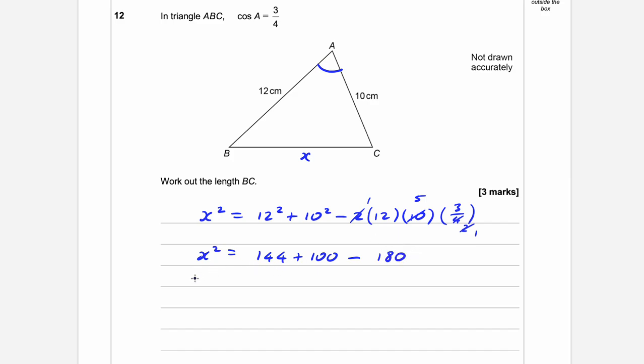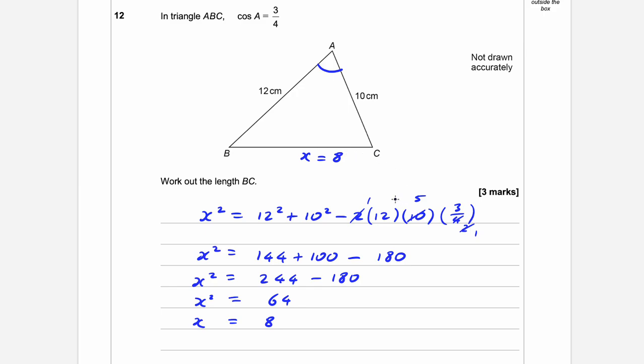Okay, so x squared is 244 minus 180. This is a nice number, guys. It's one of the ways you know you're right. 244 minus 180 is 64, and then x is the square root of 64, which is 8. So x equals